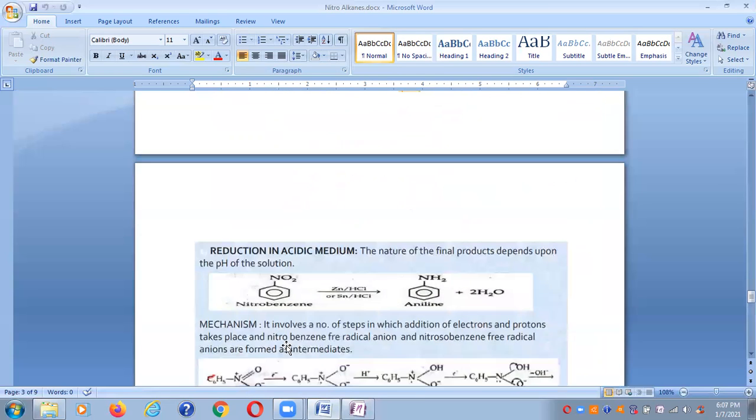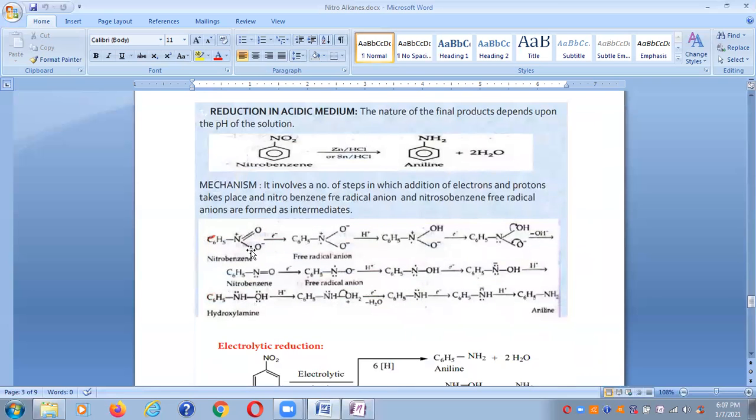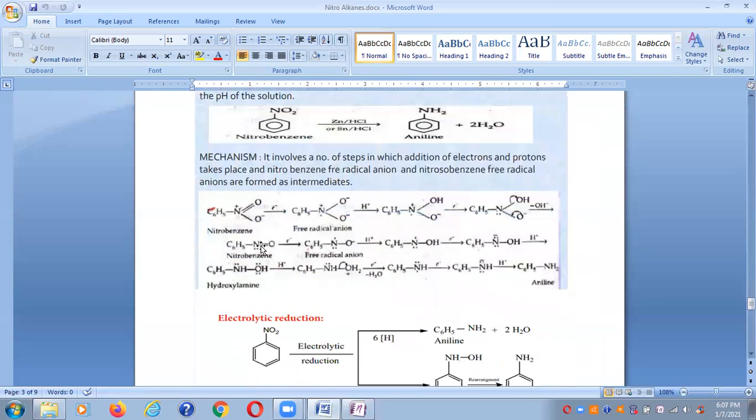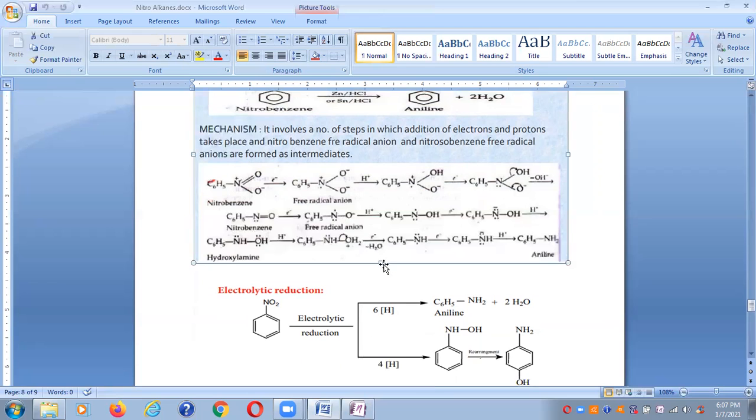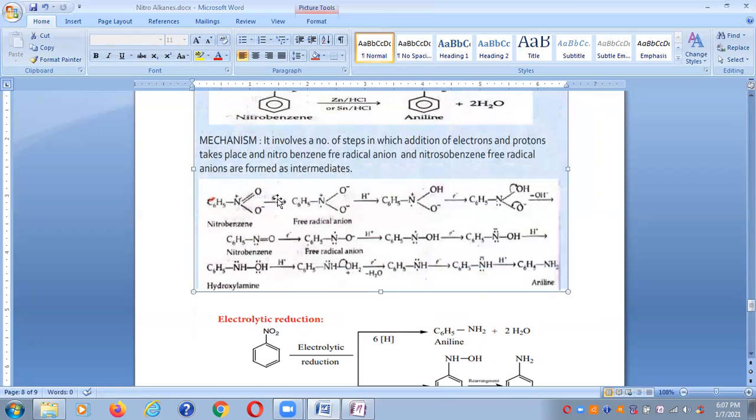Okay. In electrolytic reduction, here I have shown with examples how this NO2 group converts. So it is a free radical type of reaction. Whatever metals are present, generally those metals donate the electrons. So here this is the electron. Okay, I will magnify it. This is the electron. So this electron is taken up by whom? Oxygen. So thereby this oxygen carries the complete negative charge.